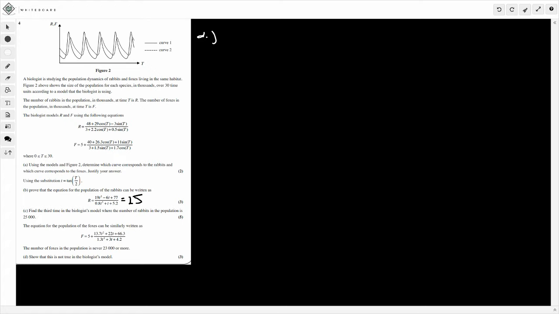So what we're going to say here now is that this model that we've been given is equal to 23. So this means that this is equal to 23. That's what they're saying, right? Because again, it's in thousands already. If this is equal to 23 and I've got a 5 plus the quotient of quadratics, I'm going to take the 5 off first. So this is equal to 18. And then what I can do is times through by the denominator. Just like we did with this one here, when we did 0.8 times 25, it's going to be 1.3 times 18. So if you do all this, what you're going to get here is 23.4